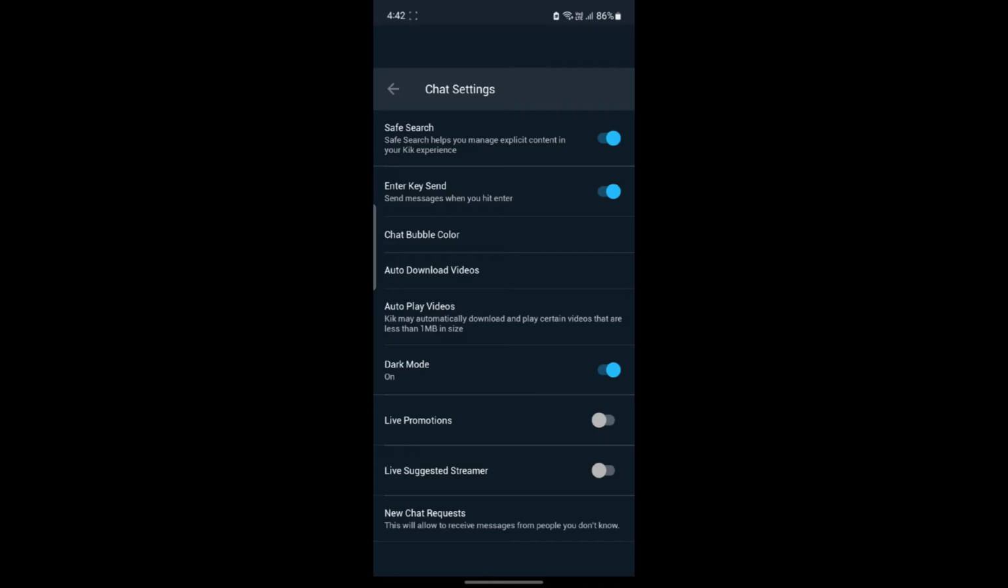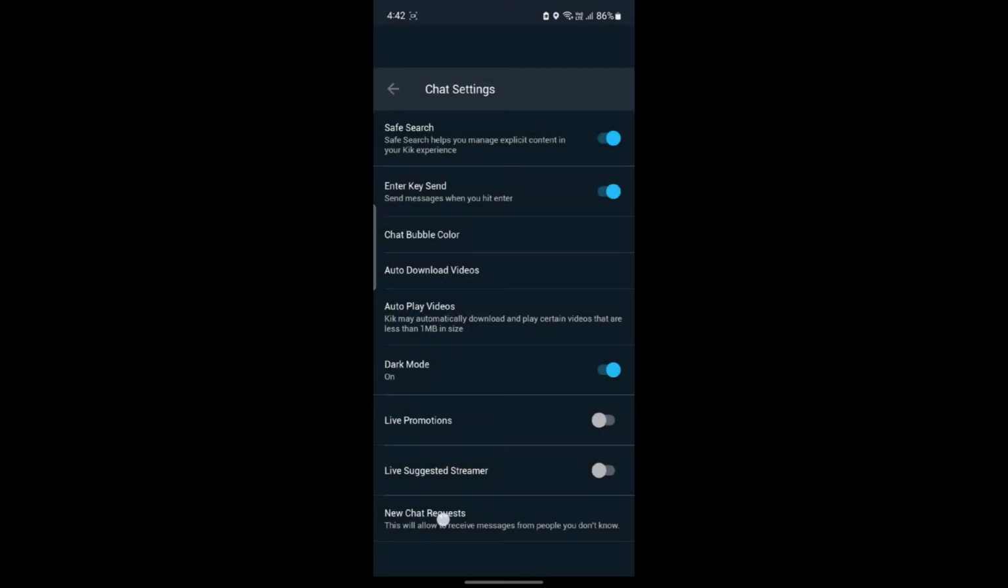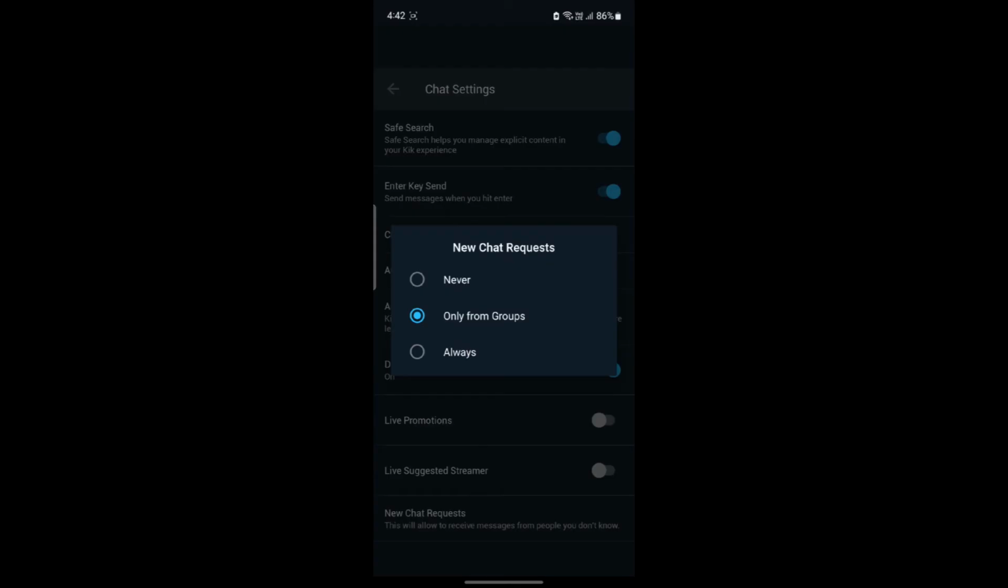new chat request. This will allow you to receive messages from people you don't know. If you want to enable or disable this, all you need to do is click on it and you will see three options. The first option is never, the second option is only from groups, and the third option is always. So if you want to find new chat request always, you can go ahead and click on always, and